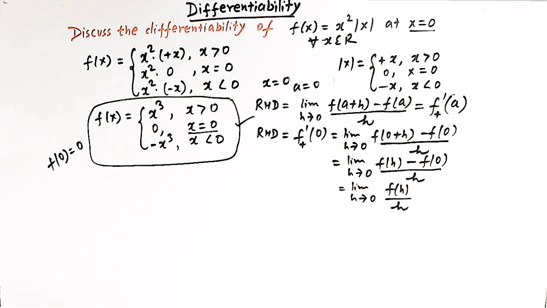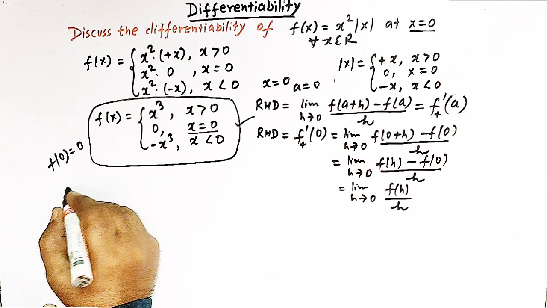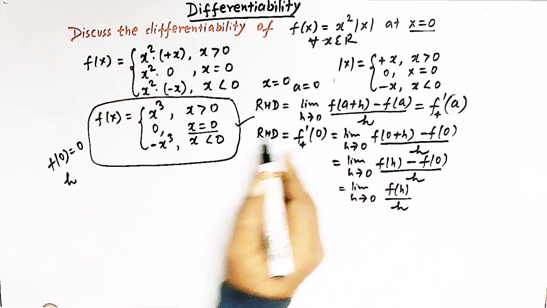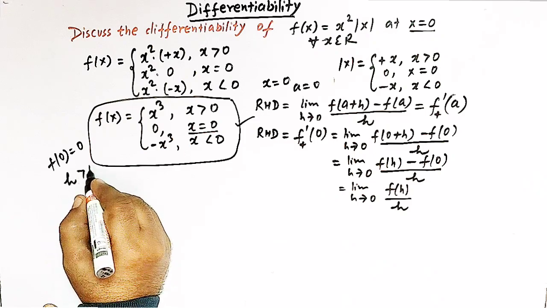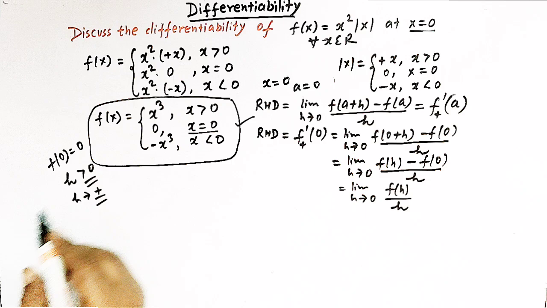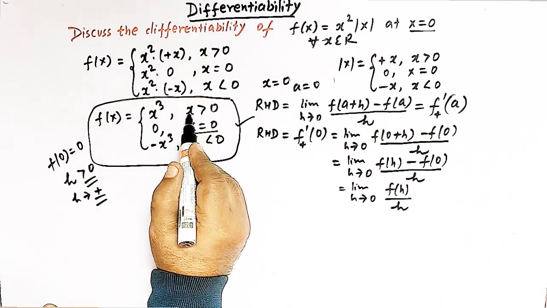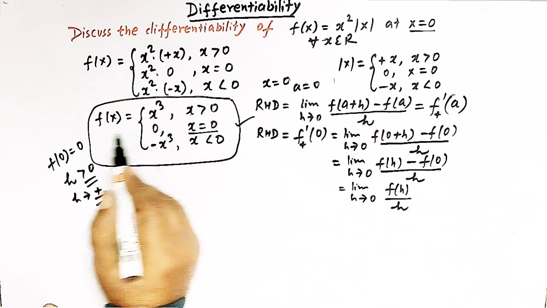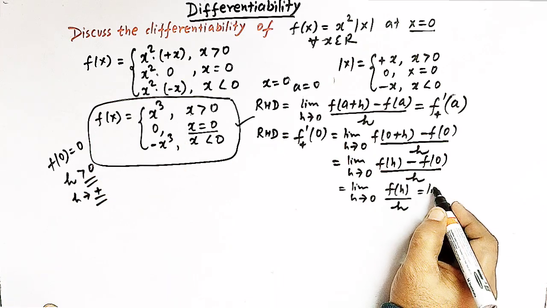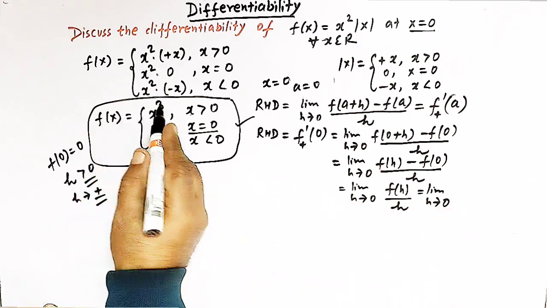So now let us find out the value of f of h. Now see, this h is infinitesimally small, but h is a positive quantity, right? So when x is greater than 0, it means when x is a positive quantity, then f of x is defined as x cube. So we have limit h tends to 0, and for f of h we can write